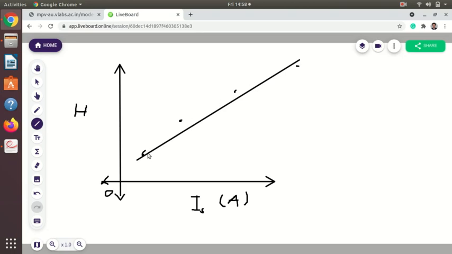You can either select two points through which the line passes, so you can find the value of the magnetic field corresponding to some current. We will fix the current, and then the value of the magnetic field at this current we have to consider in our calculations. So we have to note this down, and the unit we are using here is Gauss. So after plotting the graph, we will fix some current, note down the magnetic field intensity from the graph corresponding to that point, and use it in the calculation.